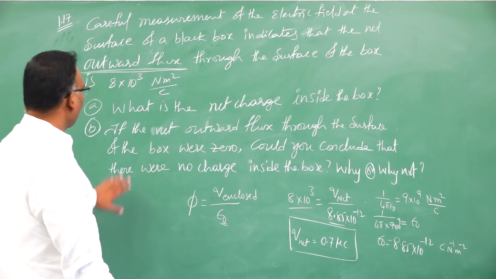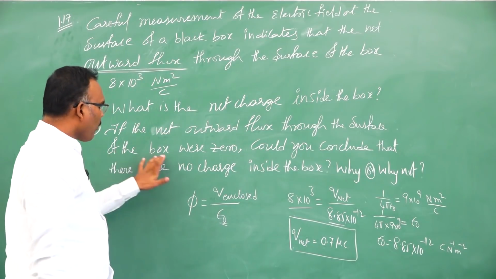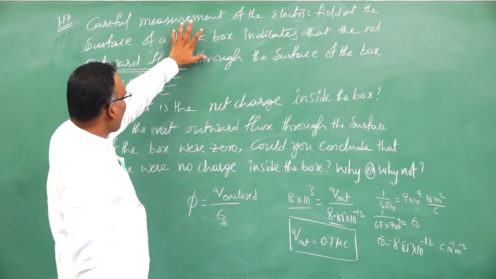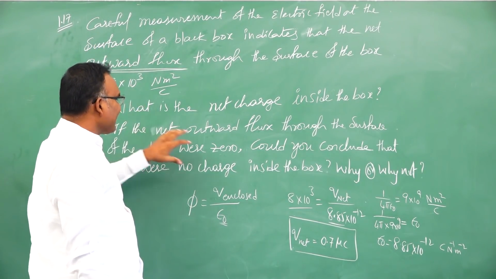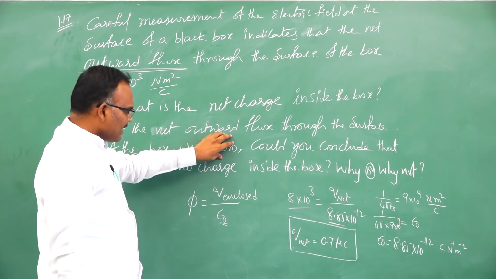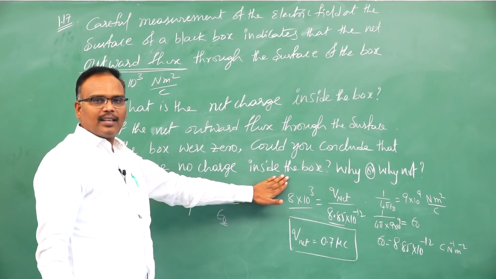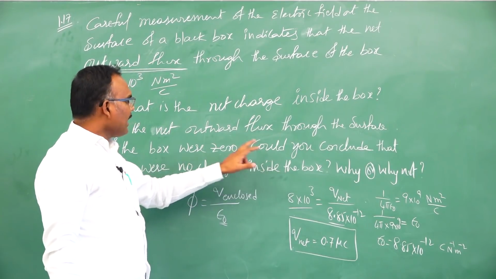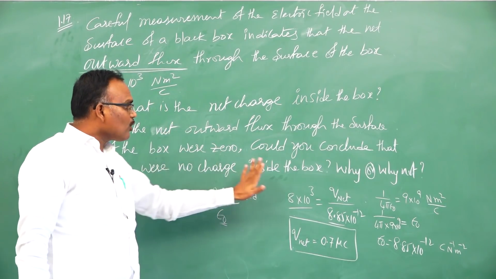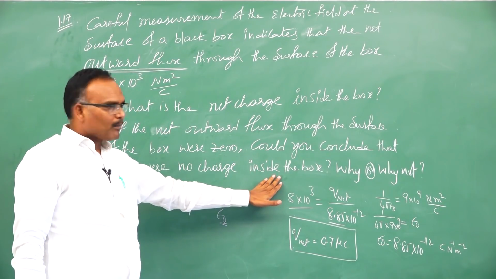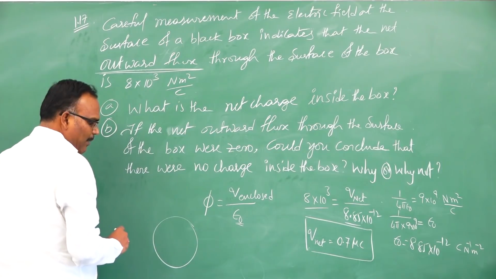Second part of this question. If the net outward flux through the surface of the box were 0, here in this problem they have asked the outward flux as some value. But if you imagine outward flux is 0, could you conclude that there were no charge inside the box? They are saying flux is 0 means inside there is no charge. That means, we have discussed in the previous problem, if you place a dipole inside,